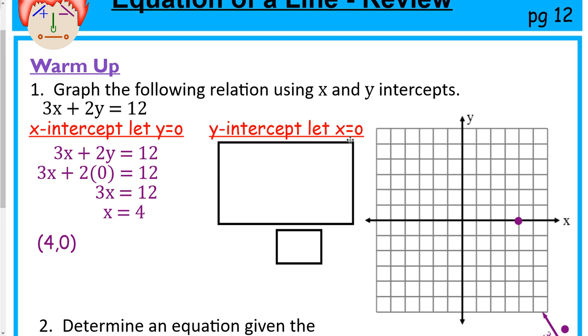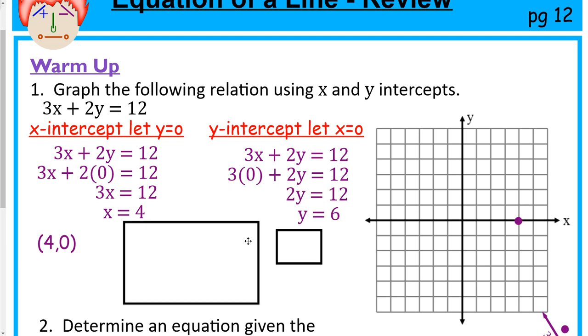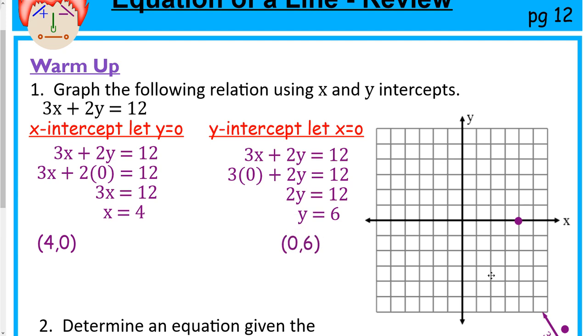So now replace the x with 0. So in this equation, wherever there's an x, put a 0. Okay, that term will be gone because 3 times 0 is 0. So we have 2y equals 12. Divide both sides by 2, and y equals 6. Now we have a second point, which is at 0, 6. 1, 2, 3, 4, 5, 6. There we go. And you can take your ruler and draw a nice straight line,